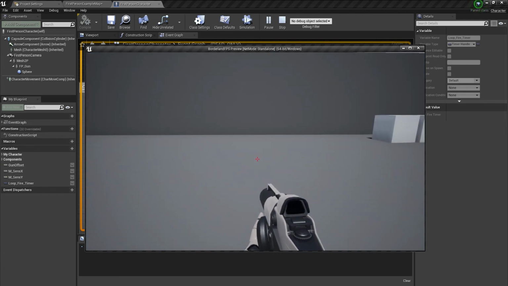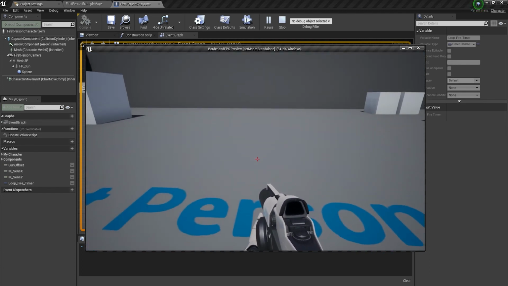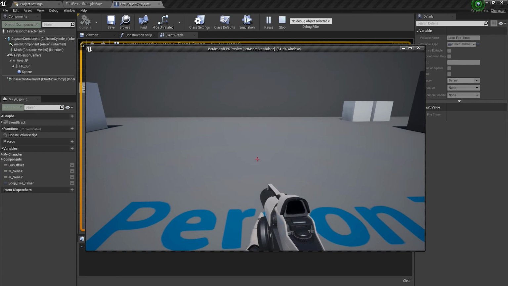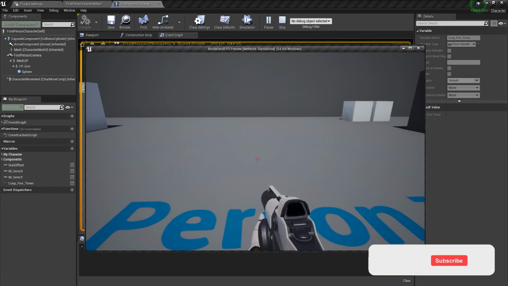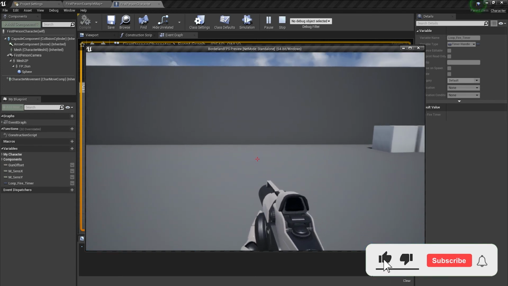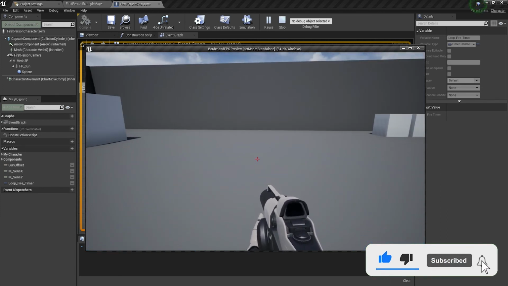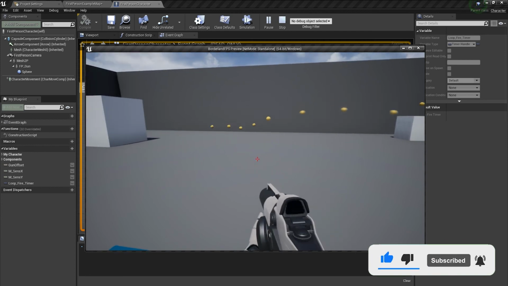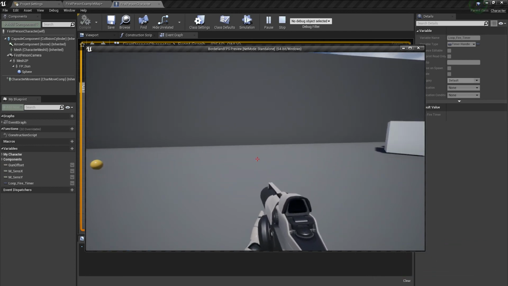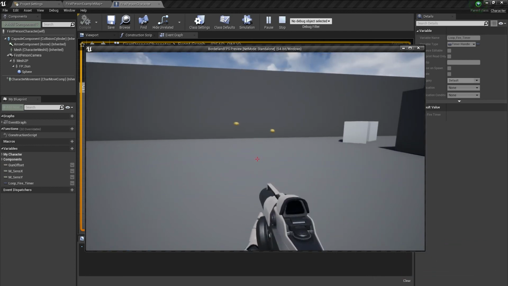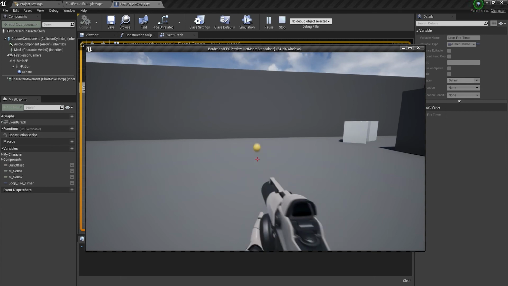But here we are going to face a new problem, which is if I press the key one time, if you listen, our character does not fire. The reason is that this is suitable for an assault rifle. But if we have a revolver, as you can see, if I press play a single time, our character is not firing.